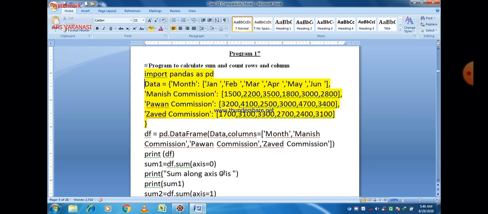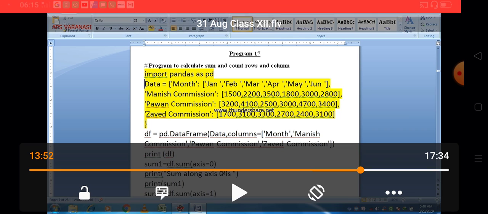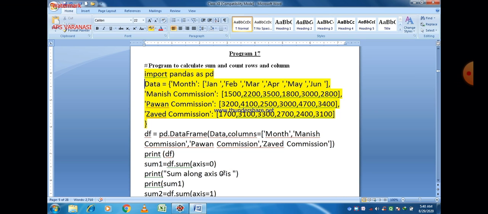Second line, there is a creation of a data frame, and the name of the data frame is data, using a dictionary. Okay, in the second line there is a creation of a dictionary. You can create a data frame directly, but here first of all we just create a dictionary, and in this dictionary the names of the keys are Month, Manish Commission, Pawan Commission and Javed Commission.